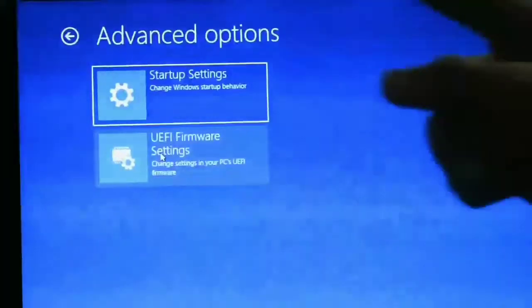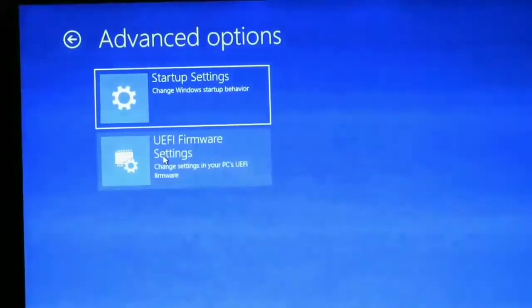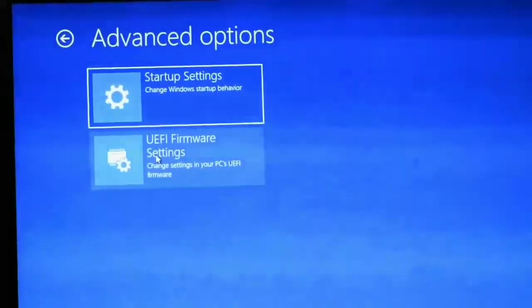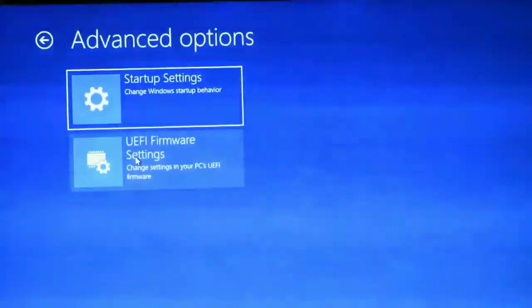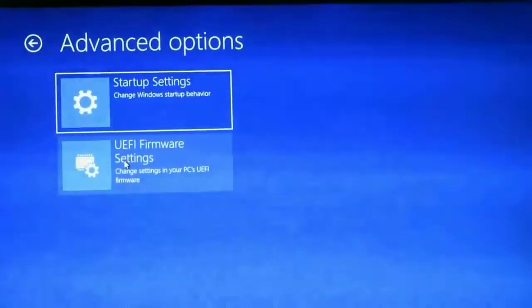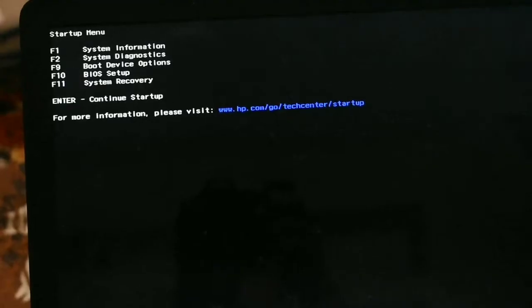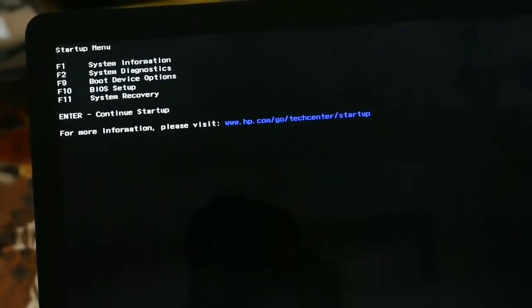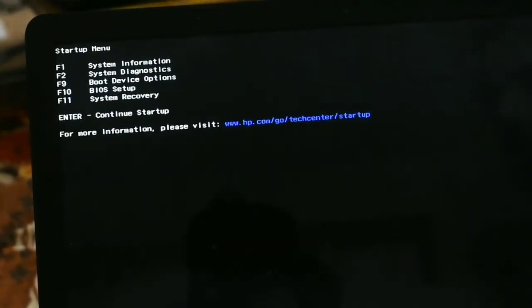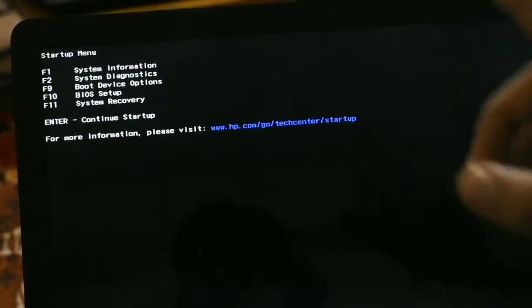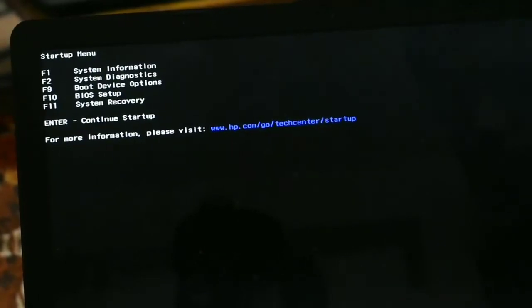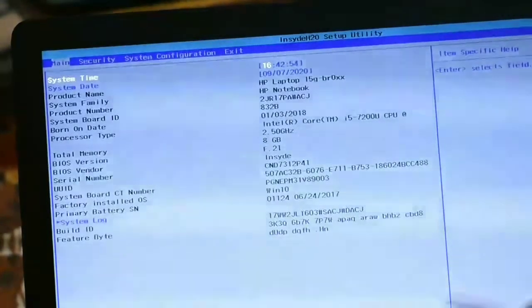If you don't have this type of setting, you will have to boot into BIOS using key combinations depending upon your system. So go and search on Google which combination works for your system, and click on UEFI and click on restart, and now it will boot into BIOS, and we will see what we will have to do there. This kind of option will come on your PC if your laptop is from HP. My laptop is from HP, so I will choose the BIOS one, which is the F10 key. So I will press the F10 key and it will boot into BIOS.